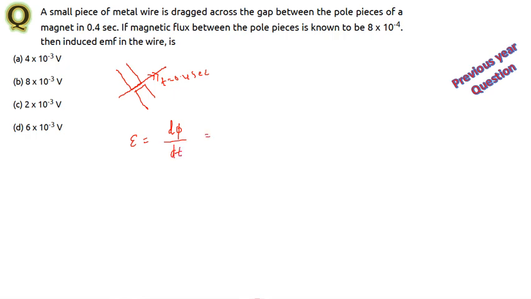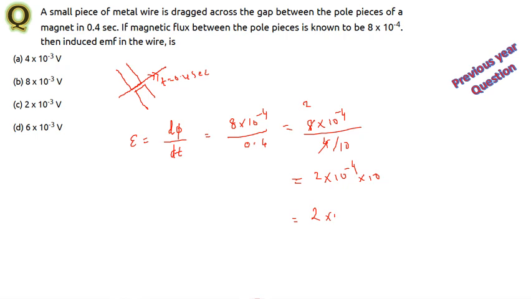Now this one, the changing magnetic flux they have given here is 8 into 10 power minus 4, and the time period here is 0.4 second. Now you can write here 8 into 10 power minus 4 divided by 4 divided by 10. Now you just cancel here, this is 2 times 2 into 10 power minus 4, and that denominator will become a numerator over here, that is 10. So that is 2 into 10 power minus 3 volt, that is the induced EMF. So the answer here is